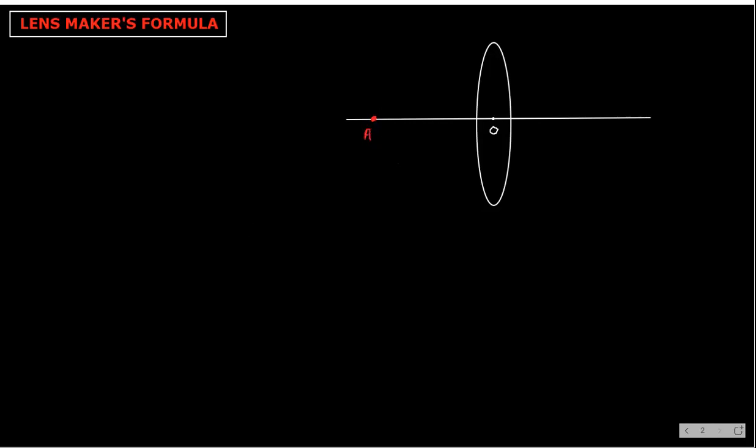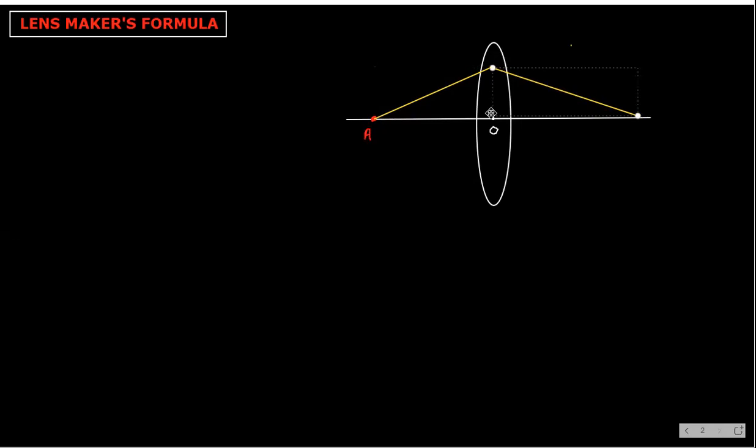Point A. Now, due to this point object, what happens? The light which is coming from this object will go like this, and it will refract. But see, there is another curved surface. So I am considering only one ray, that is only one curved surface. Then due to this curved surface, you will get one image. And let us suppose this is I1, which I am denoting with dotted line.